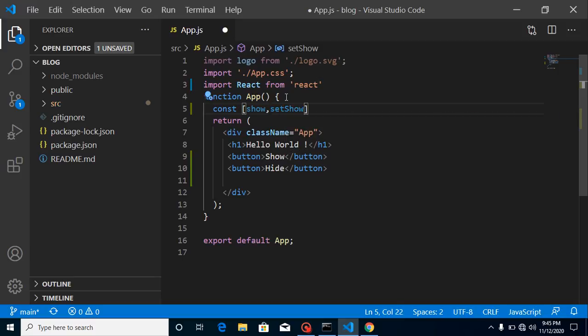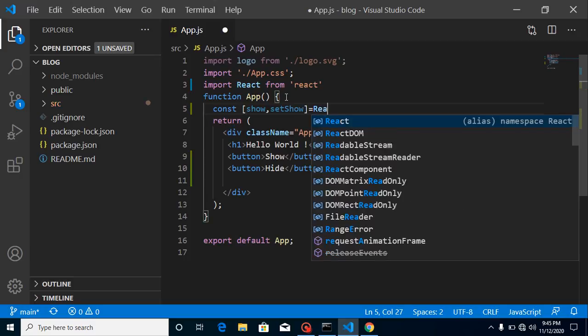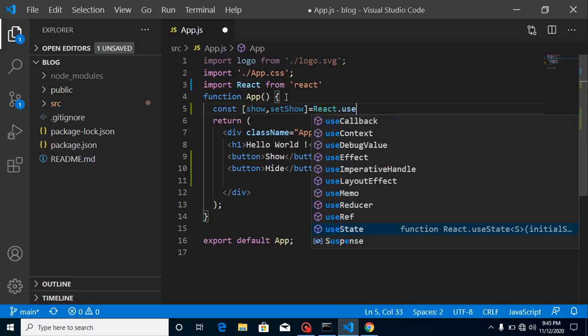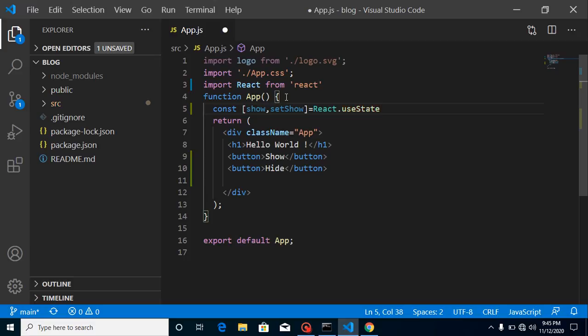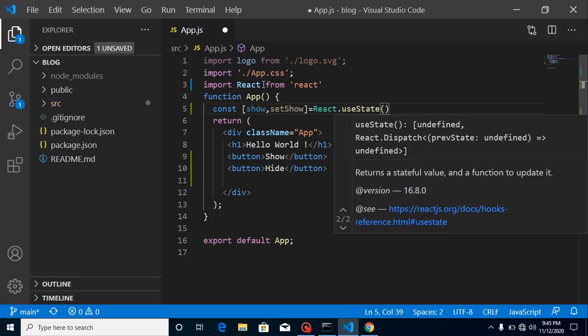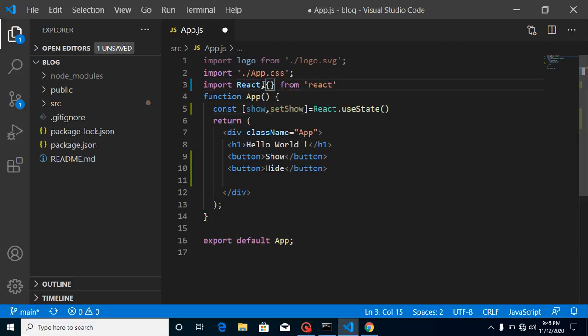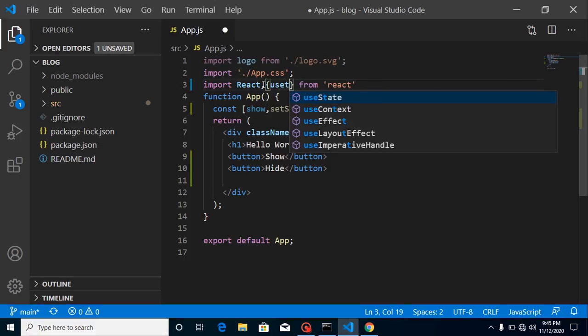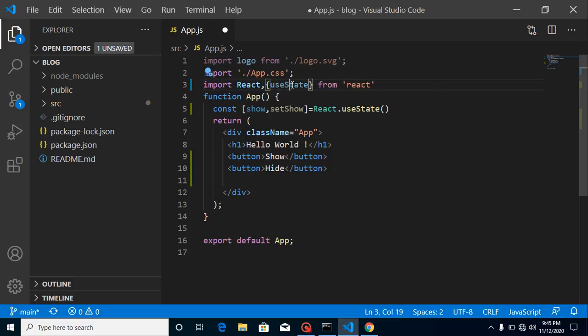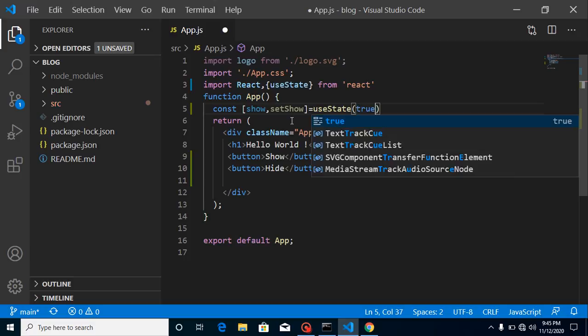You can take any state name whatever you want, and simply use React.useState, right? Otherwise, if you just want to get useState from react directly, then this is also okay. Just use useState, and now you can use state like this, right? And let's say the default value is true, right?